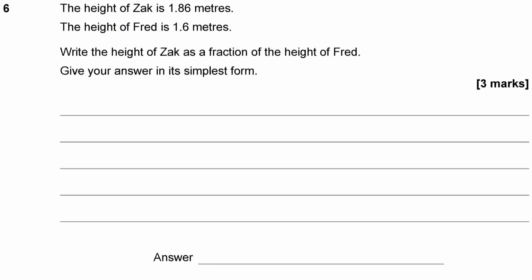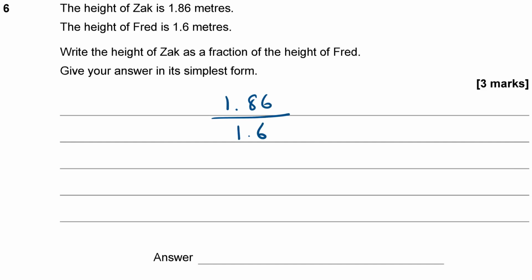Question 6. The height of Zach is 1.86 meters. He's a big boy. And height of Fred is 1.6 meters. Write the height of Zach as a fraction of the height of Fred. Give your answer in its simplest form. Write the height of Zach as a fraction of the height of Fred. That means Zach's height goes on the top and Fred's height goes on the bottom. So it's going to be 1.86 divided by